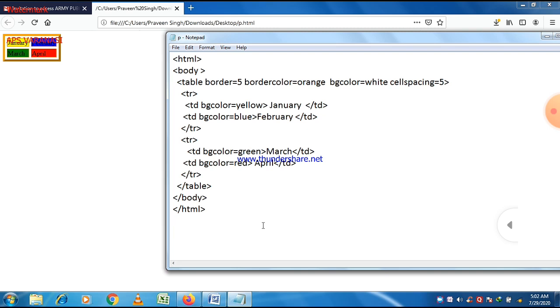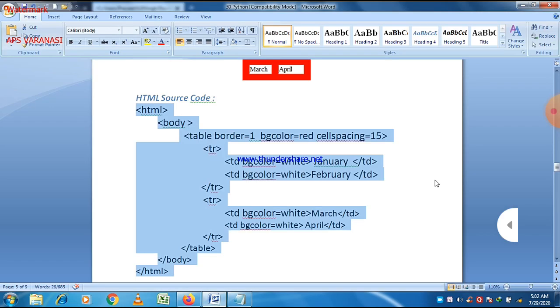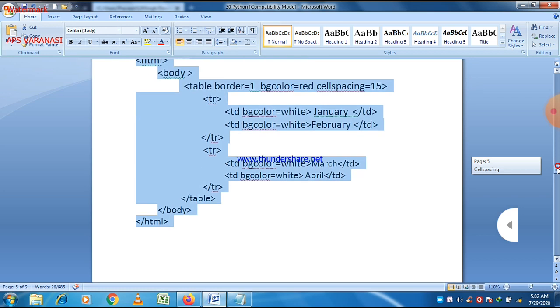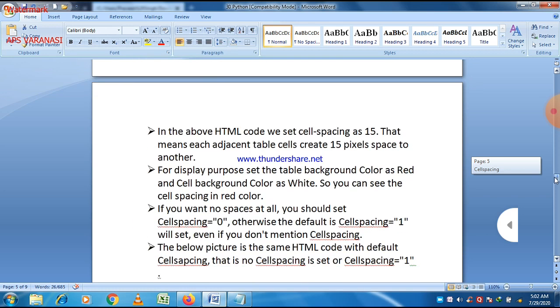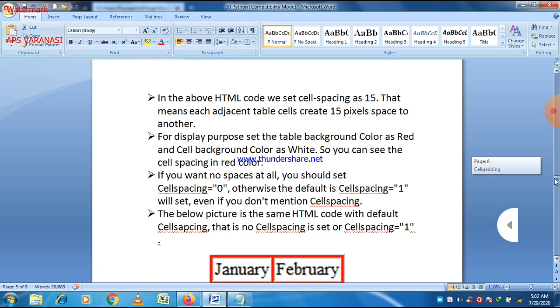By default it is 0, and negative is not acceptable. So here border color, bg color, cell spacing, you can study all these attributes just now. Here there are some important points which I already discussed. Let us see it again.